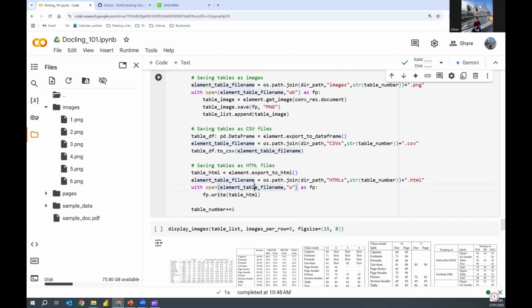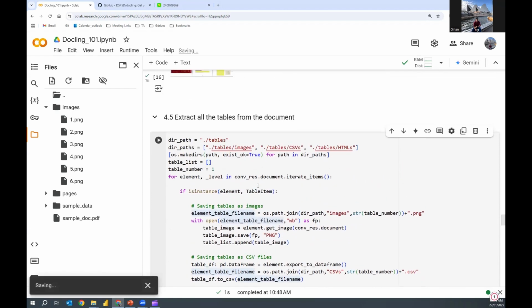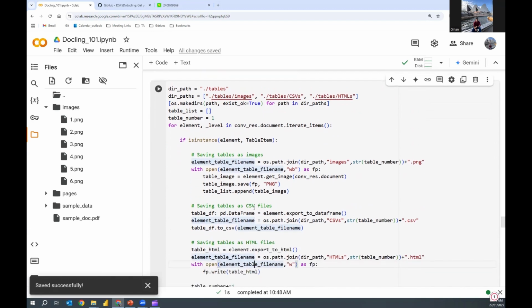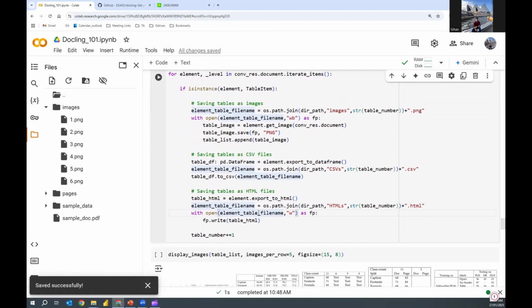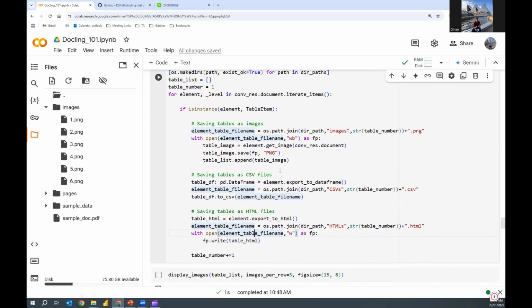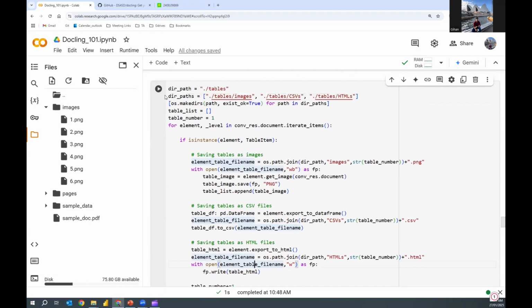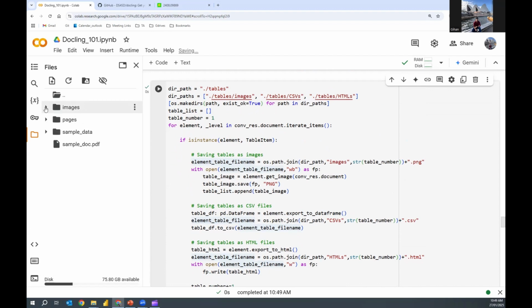All right, so that's it. Getting all the tables and saving them as images, CSV files, and HTML files. The images we will display using the display images function we defined before. Right, I will run this. Now, this should create. All right, so now if you look at this tables folder, which was just created,